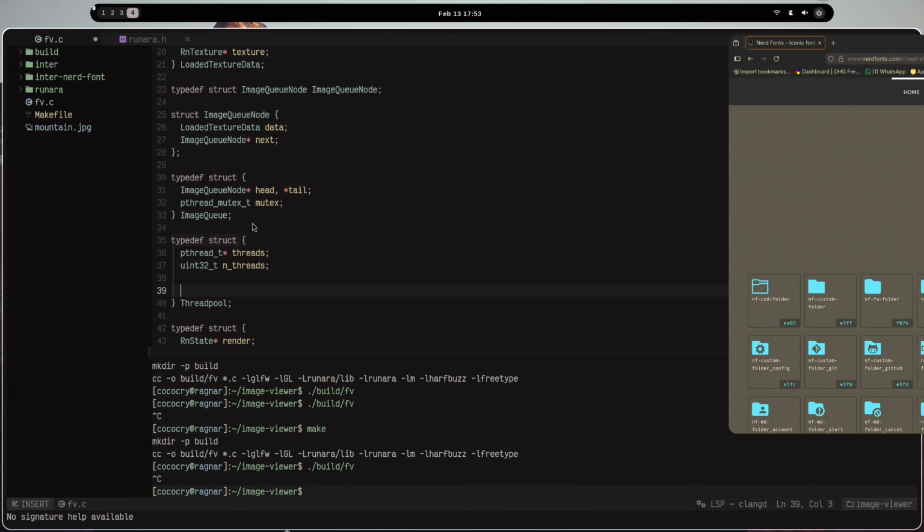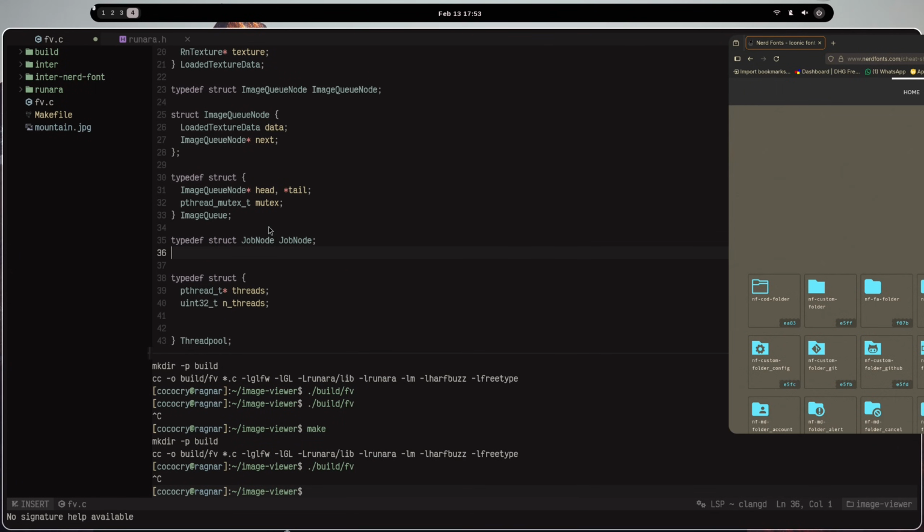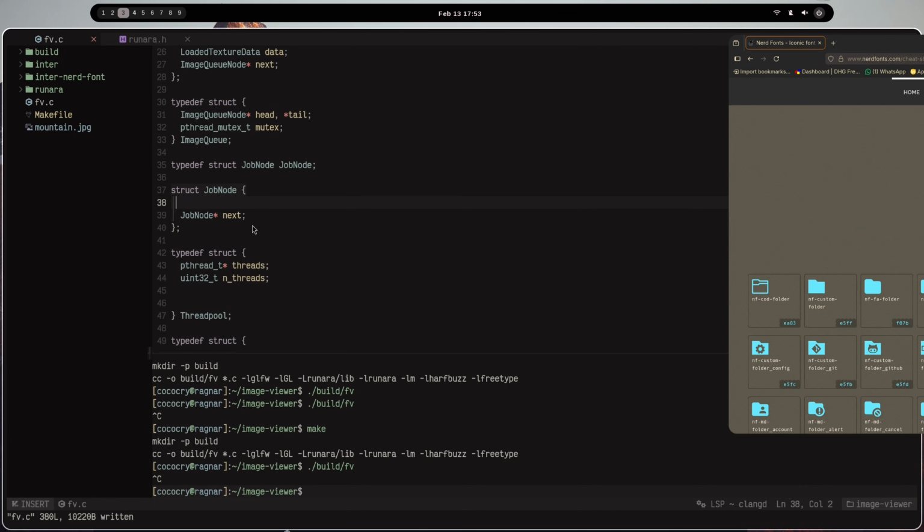And we do the submission in a linked list. Basically, exactly the same linked list that we had for the image queue. So let's just have a typedef struct job_node, and struct job_node, and we're going to have a job_node pointer next, and then basically a job callback, and the job callback is going to be basically a